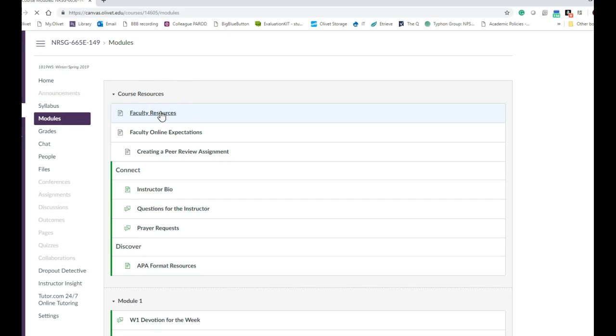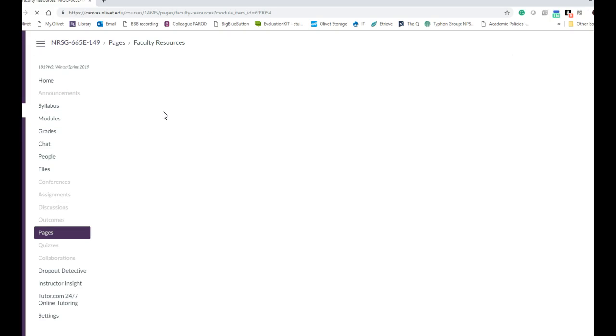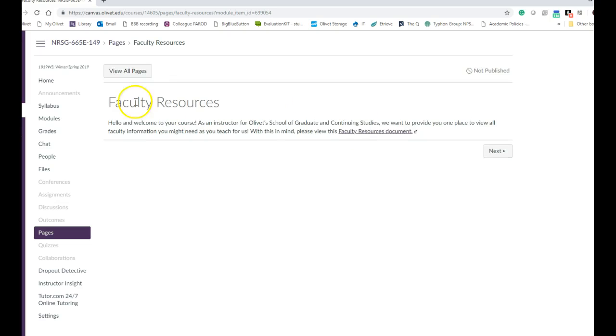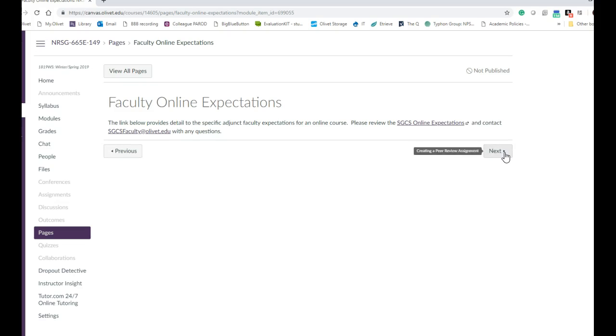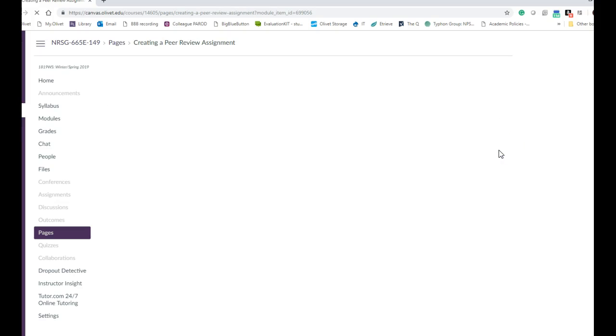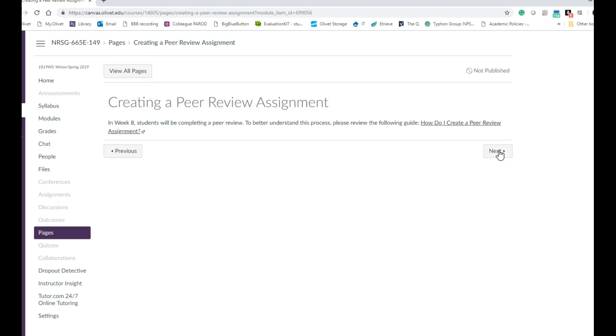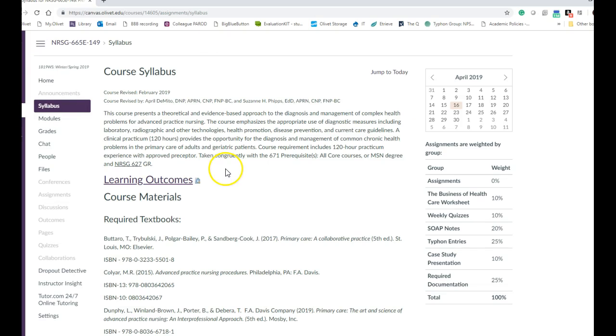Now we have faculty resources up here. I'm not sure if there's anything in here, and there's not, so let's go on. Faculty resources and expectations of faculty. These are not any different than any other practicum. This is the one that is different, creating a peer review assignment. So I would like you to go over the steps, because the assignment that's due week 8, and I'm going to go to the module for week 8,